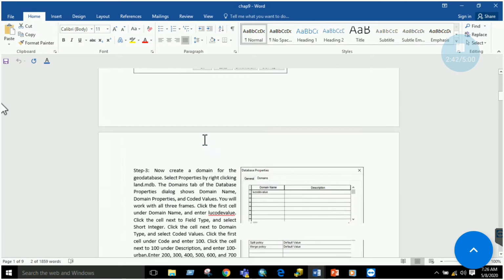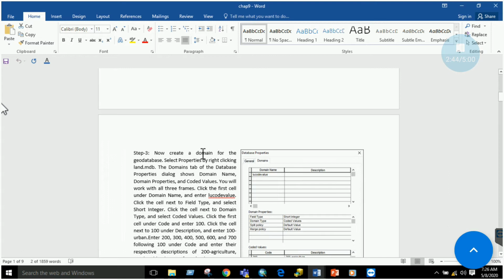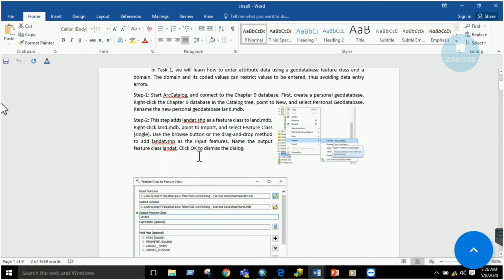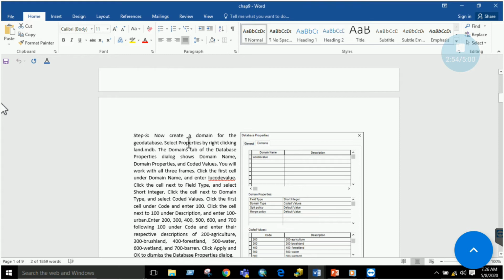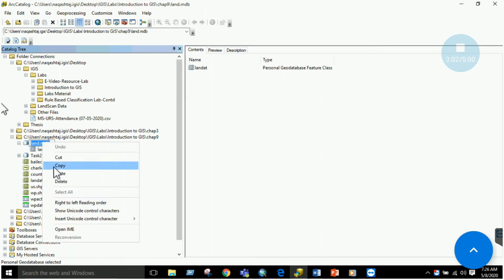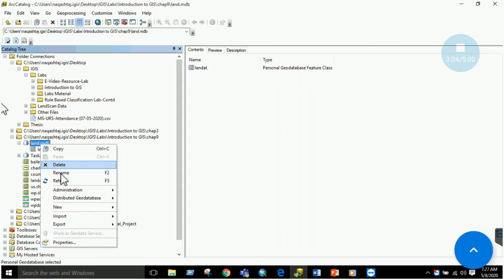Now the next task is to create domains, right? What we actually have to do is to go to the properties. For creating domain, you have to select the properties by right clicking the land.mdb. Here in this geodatabase, you have to just right click, go to the properties.